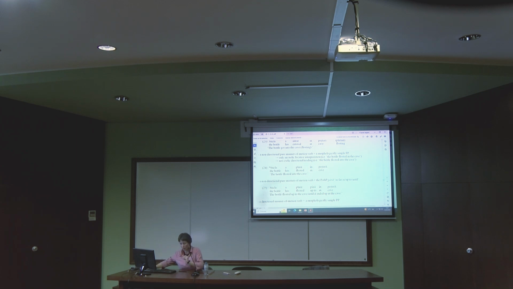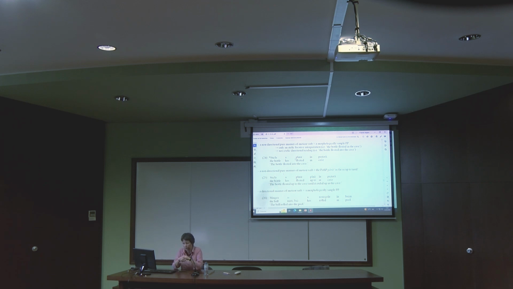So in fact 24a is correct, but not under the change of location interpretation, only the bottle floated in the cave interpretation. We do not have and we cannot have the bottle floated into the cave. Once the verb, as Romanian and Romance languages are verb-framed languages, the verb pluti, to float, does not express directed motion. The entire construction remains an atelic locative interpretation, floated in the cave. That's fine, but not an atelic directional reading.